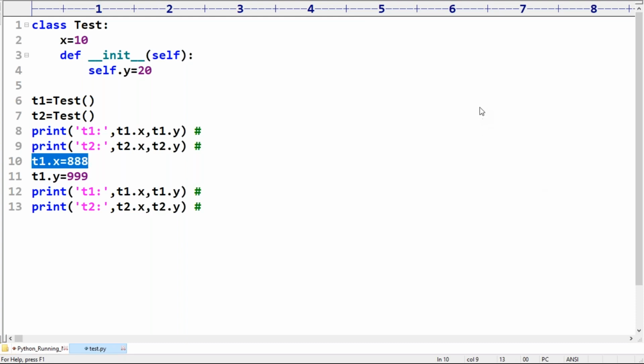Next up, t1.x means on the fly it will create self.x in the constructor and assign. It will add a new instance variable for the object t1.